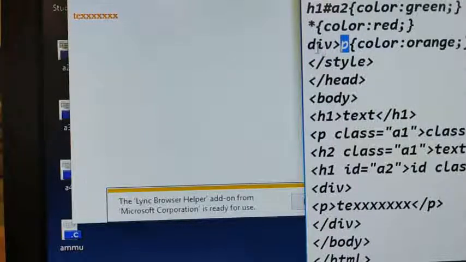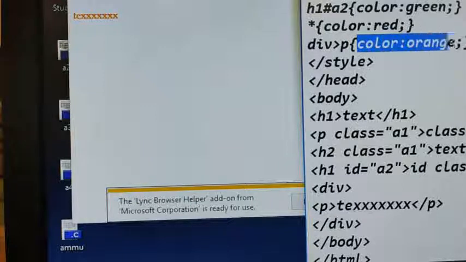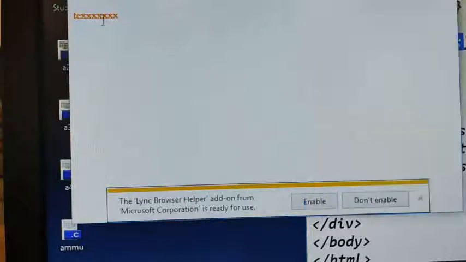Wherever you have a paragraph tag inside the division tag, only that element gets the color orange. So this is about selectors. Okay, in the next class I will explain another topic from CSS. Thank you.